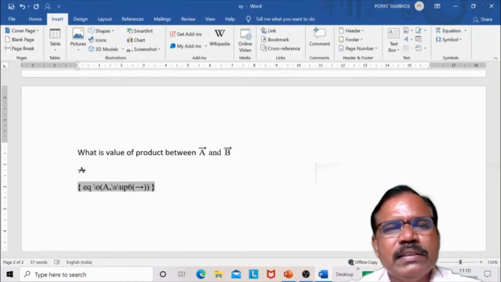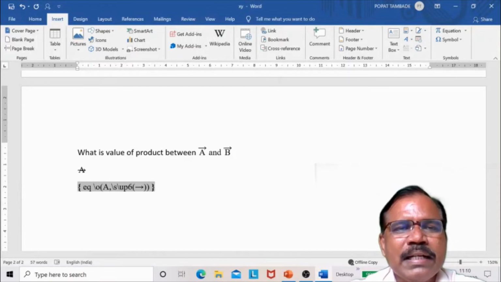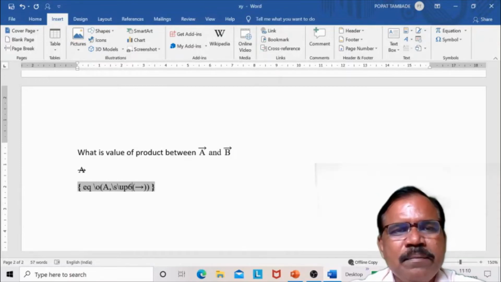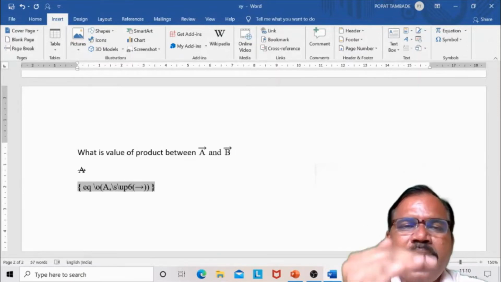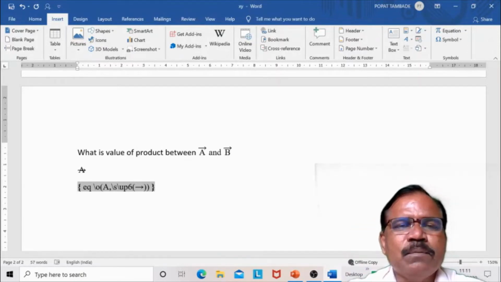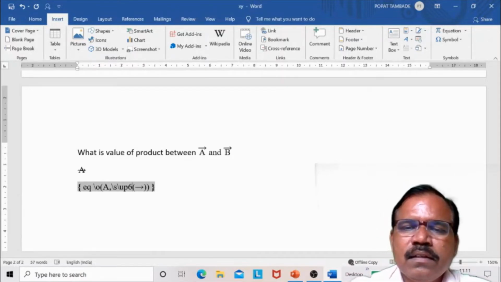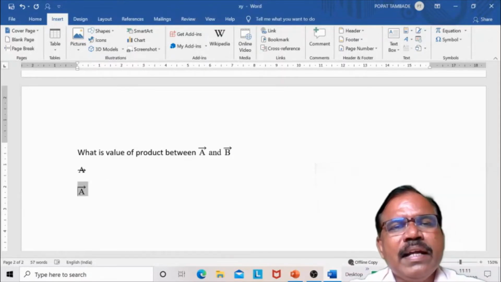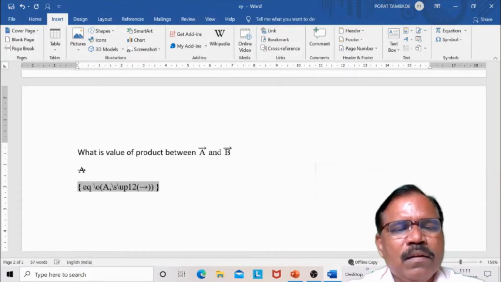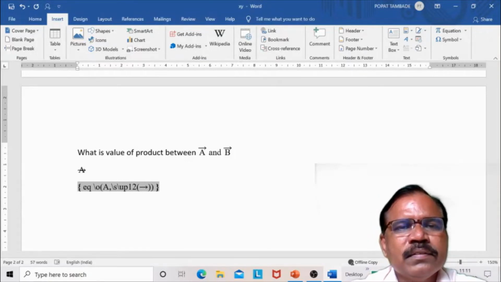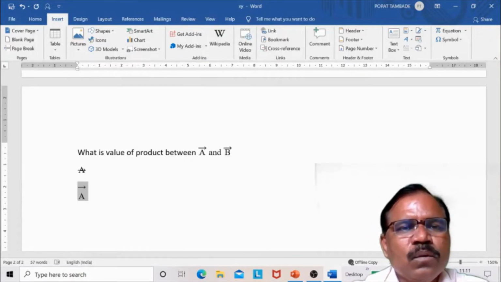Suppose we take 6 points, and here \S is superscript, and \up means up by 6 points. So that arrow will shift upwards by 6 points. So here I will get it like this. If we shift by more, if I take 12, then what will happen? Shift F9, it goes up.